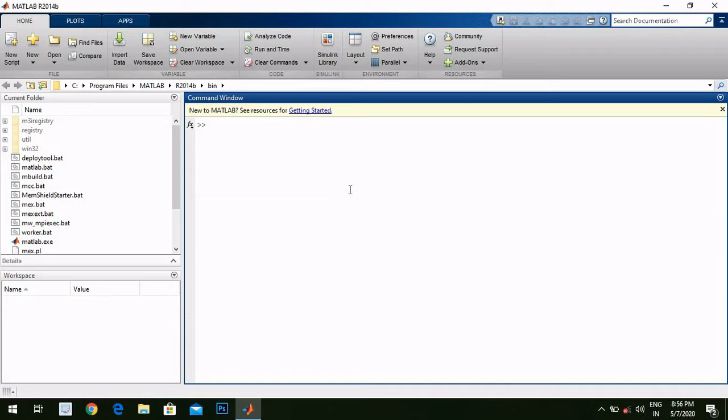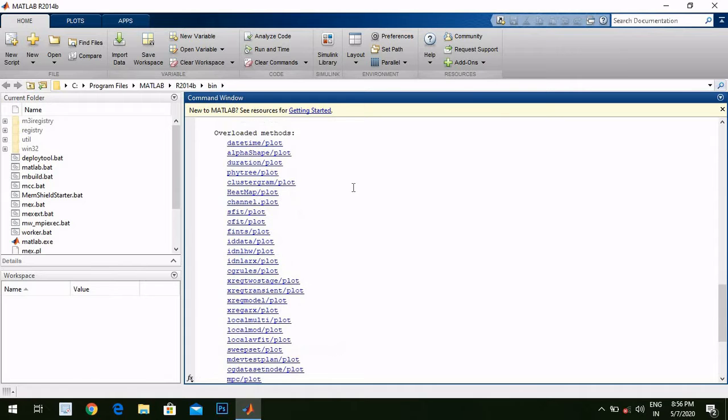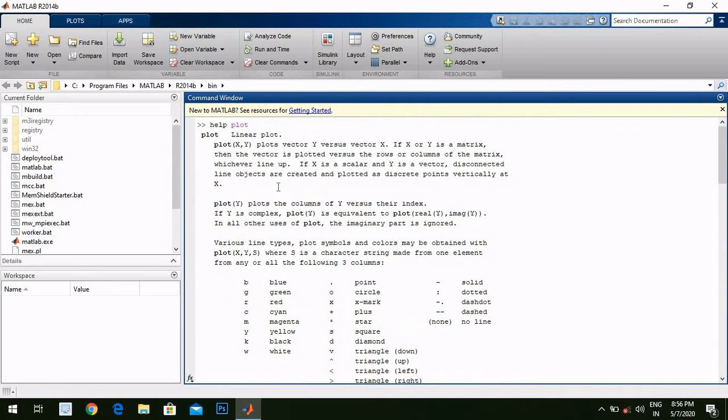Okay, inside of our MATLAB, we need to learn about plot first of all. If we don't know anything about plot, how plot is going to work with MATLAB, then what we are going to do? We are going to find some help inside of MATLAB. So write down help plot. After typing help plot, MATLAB is going to show us some useful information that we are going to use inside of our simulation. Over here, as we can see, plot(x,y) plots vector y versus vector x. It is simple as that. It can be a matrix or anything else.